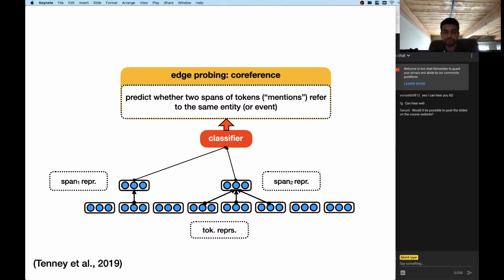All right. And finally, maybe a more complicated one is you might want to know what the model has learned about certain spans of